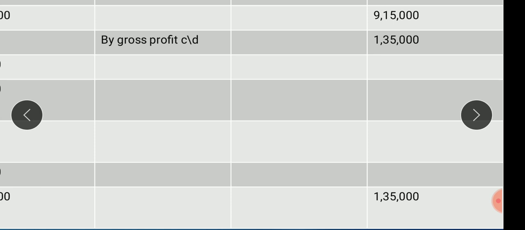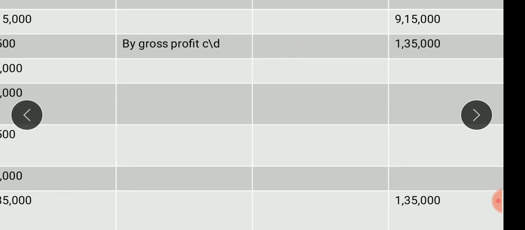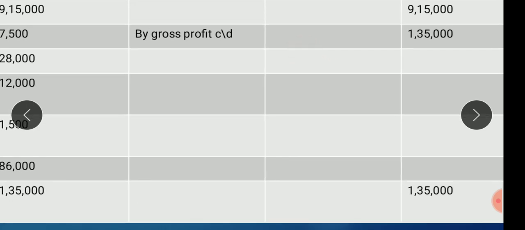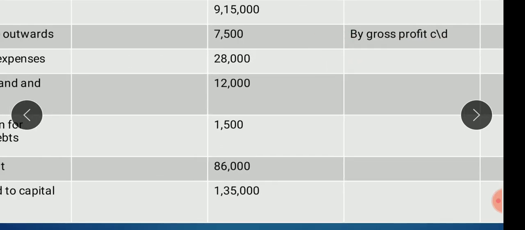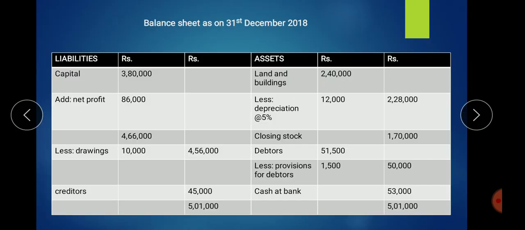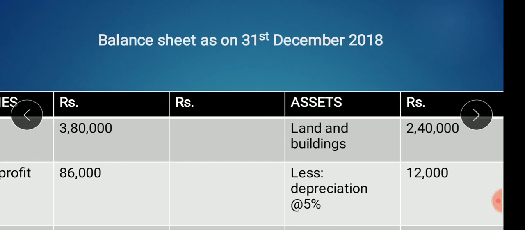the credit side value 1,35,000 is the highest value. The same value represents both sides. So the lowest value is deducted from the highest value, 1,35,000 minus the debit side value, and we get the answer 86,000. This value is known as net profit. The concept is that the net result will be shown on the debit side of the profit and loss account as net profit. The net profit value is immediately transferred to the capital account. That is the adjustment to the capital account.